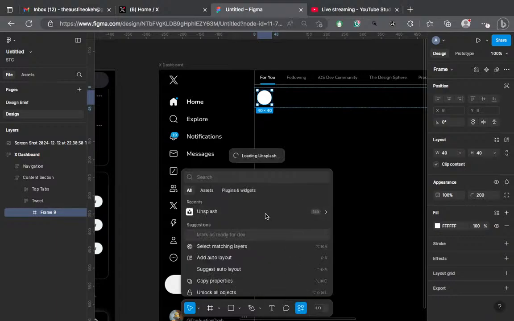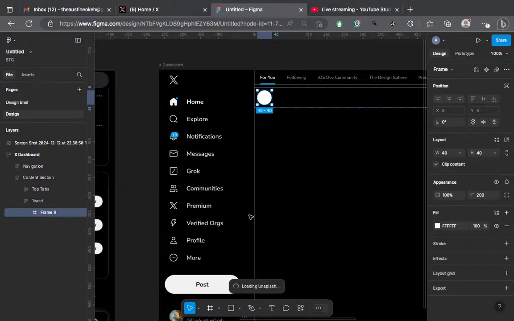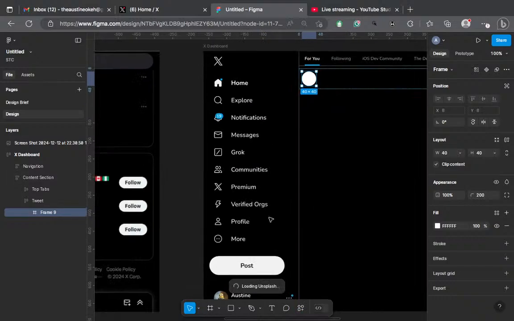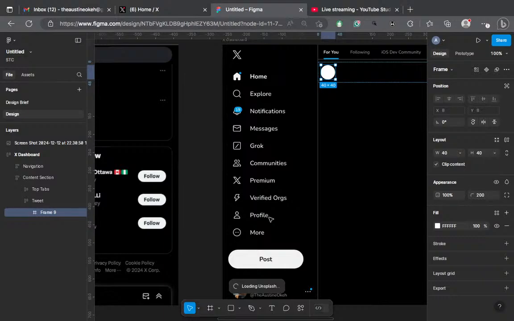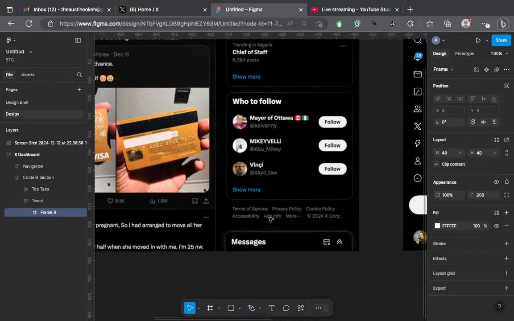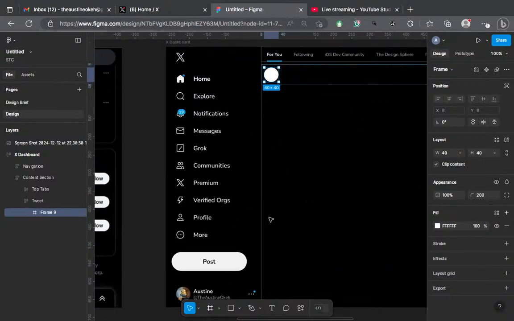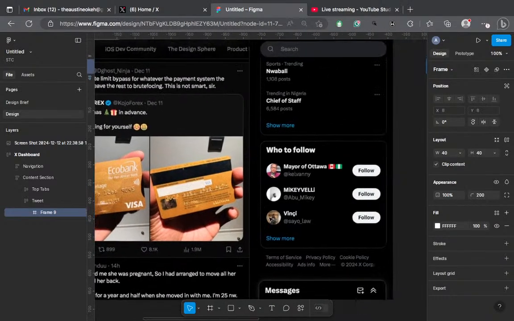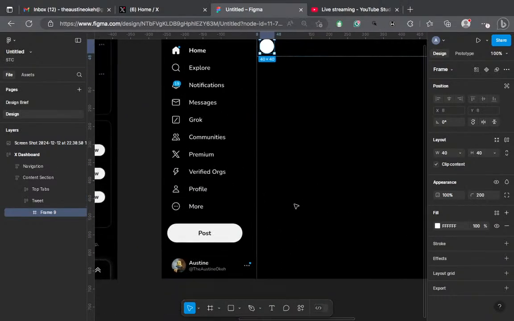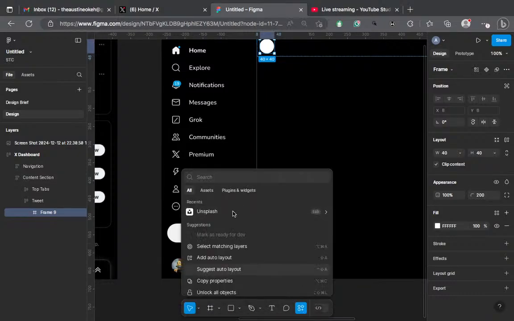This thing won't load up. Okay, you know, I'll just leave the placeholder there. It should come up now. I'll just leave the placeholder there anyway. So when we're able to bring up the plugin,